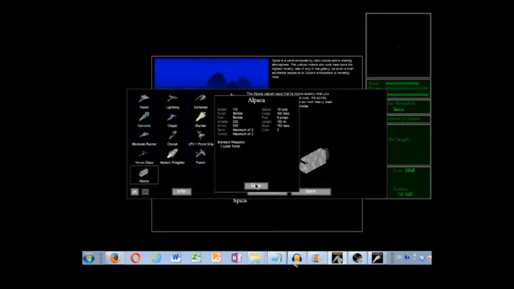So the Alpaca is supposed to be the cheapest tough cargo ship you can buy, and the best one for trading in space, which is dominated by pirates and so on. And you might say, well, why make a huge YouTube video about this? I have not even decided if I'm going to release this to the general public yet, because it is kind of crude. So what I decided to do was to make this a video about how to build a modern